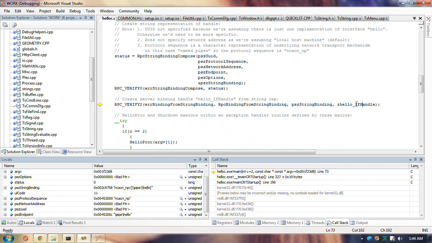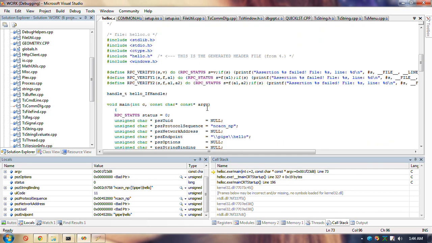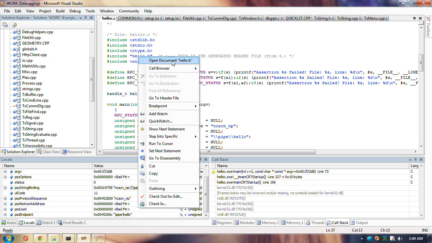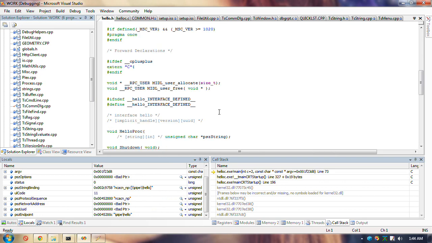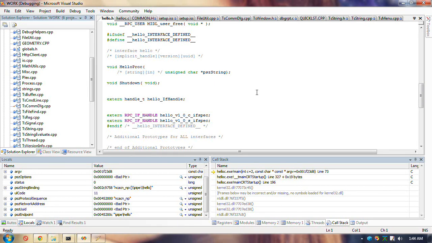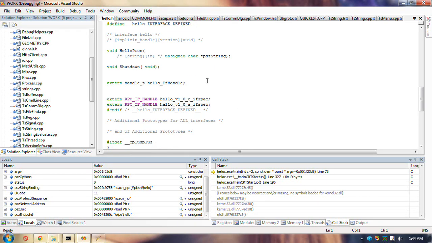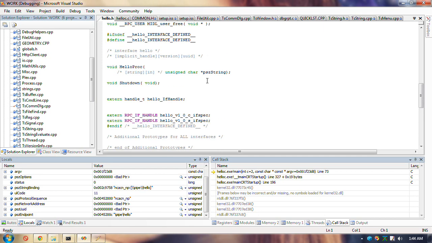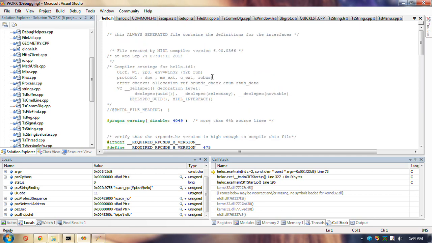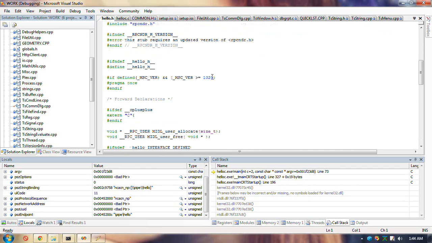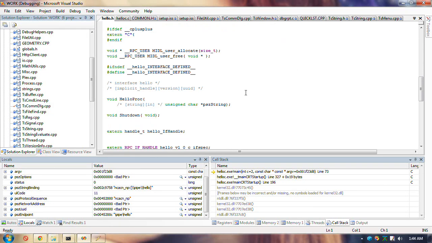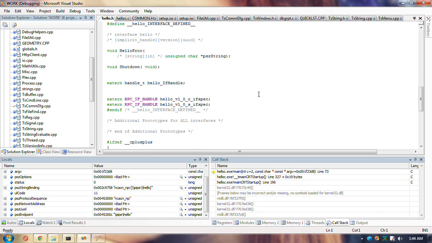Now the problem, this is the problem I'm having with the other one. It has to do, I think, with this handle. The MIDL compiler. Let's see, what does this say? Gives you this junk code. Now this is different. When I ran it, obviously I ran it the wrong way.